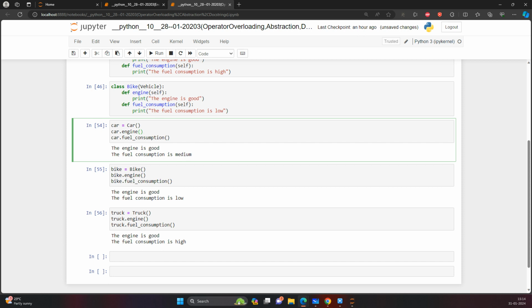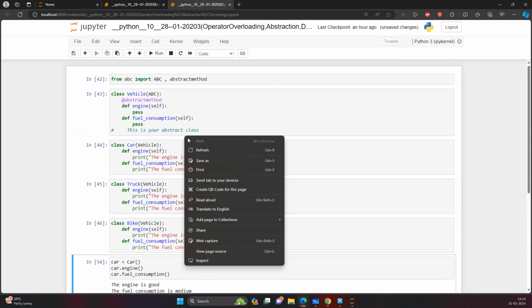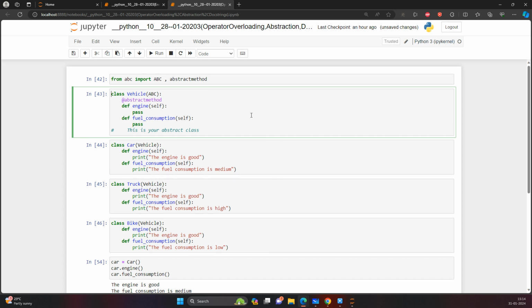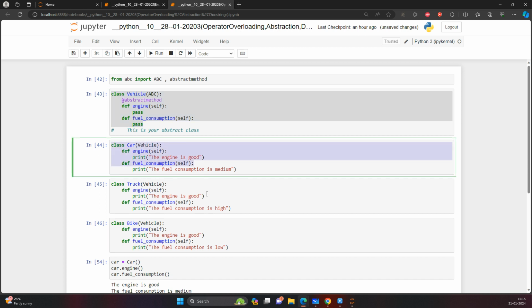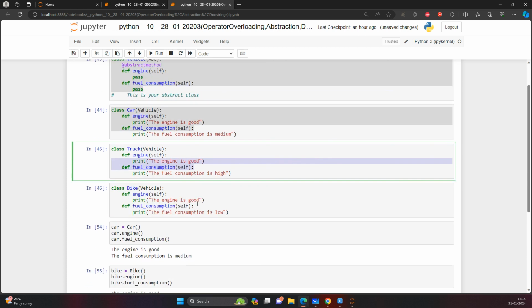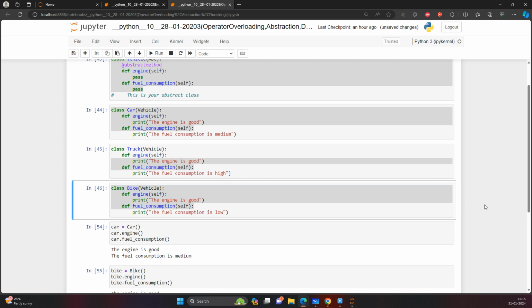So as you can see, this is what we are achieving, what we implemented in the same class. We have created an abstract class which is inheriting the ABC, the imported abstract class. We have this parent class here, and we didn't declare anything, we just defined a method name, and then we implement those methods in every class. Remember one thing: if you have inherited the abstract class, then you must declare